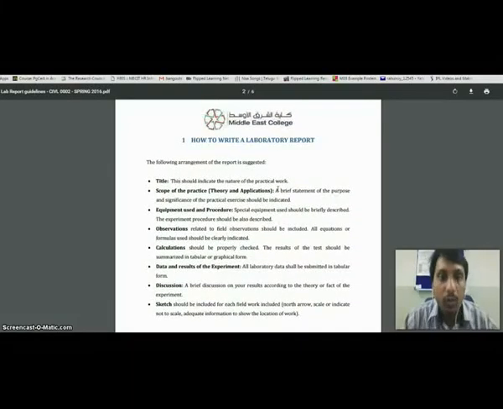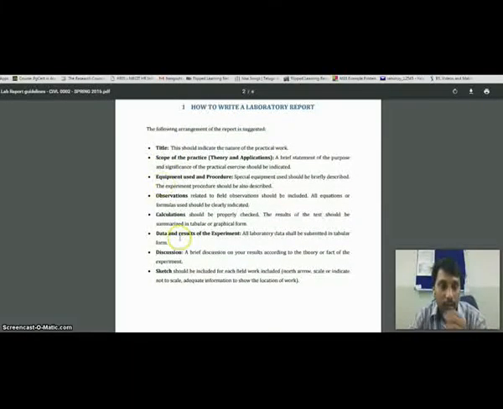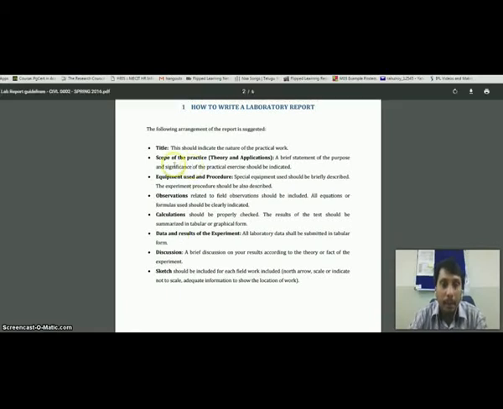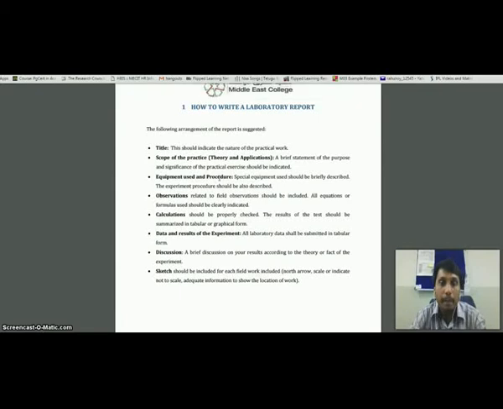So this is the way you should prepare a lab report using this title. Please don't get confused about combining all the lab experiments or anything like that. The main concentration here is on the scope of the practical, your equipment used and procedure. In this procedure only, you divide it into 3 stages: one paragraph for experiment 1 procedure, one paragraph for experiment 2, and one paragraph for experiment 3. Only here you have to separate it.